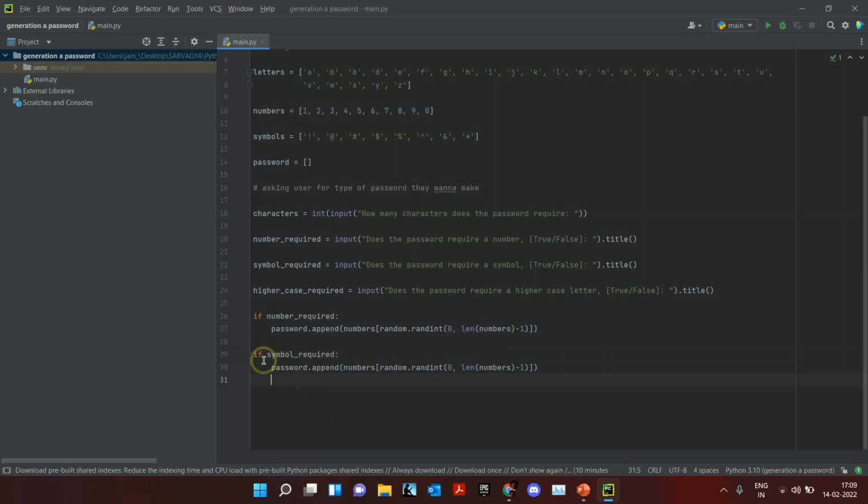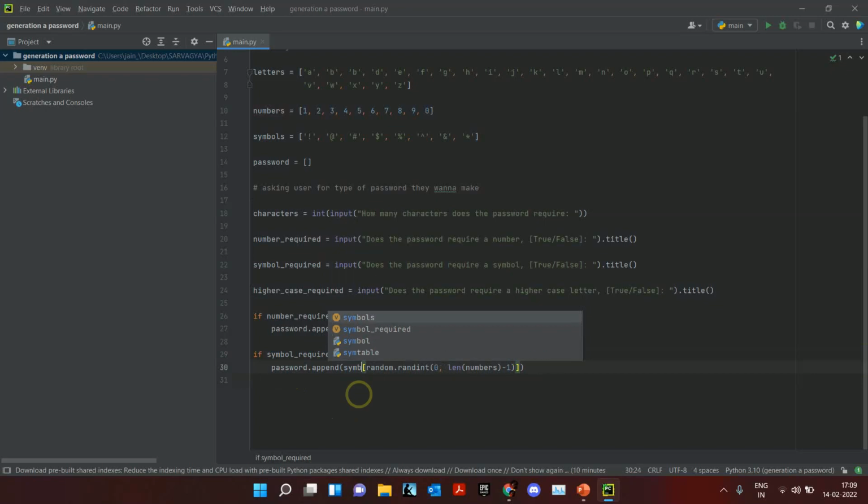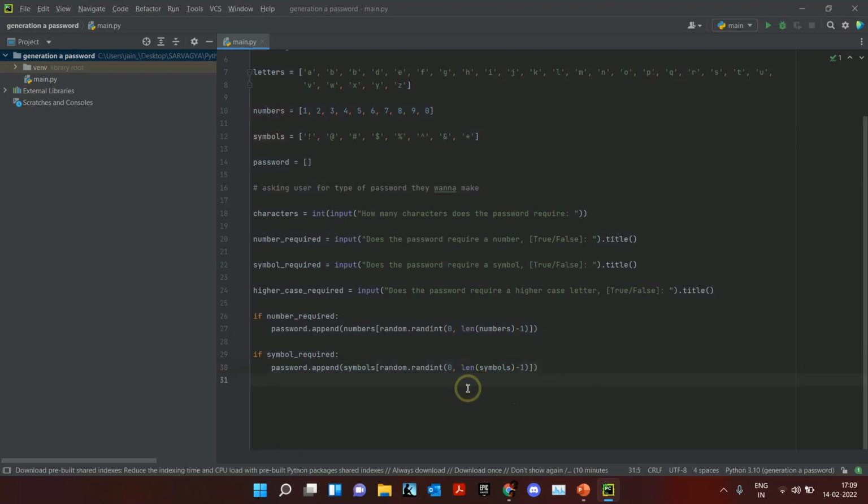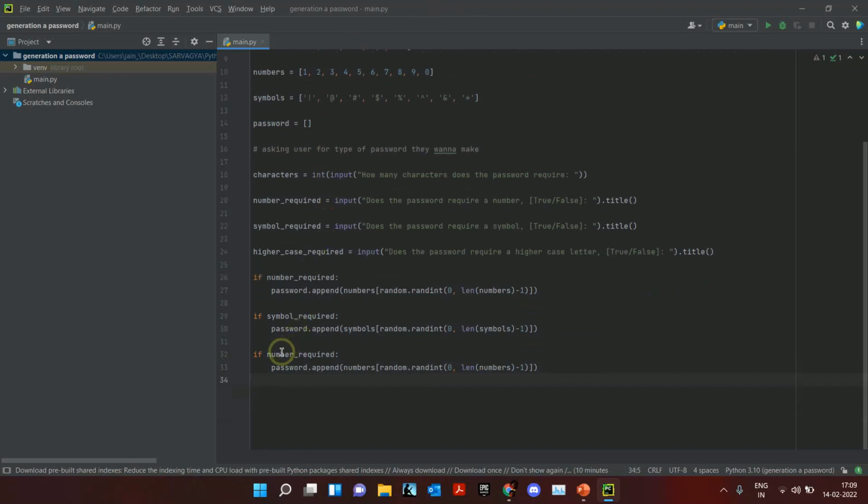If symbol required equal to true, then password dot append, I'm gonna change my numbers to symbols, length of symbols, and that's that. Lastly, I have to do the same for my higher cases too. If higher case required, then password dot append